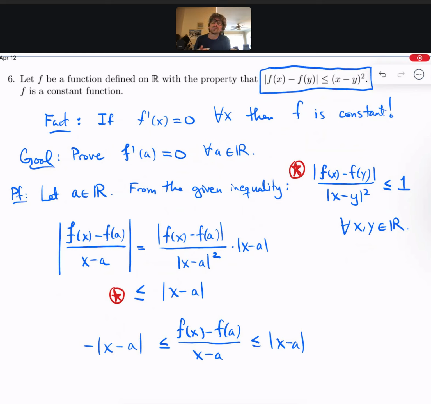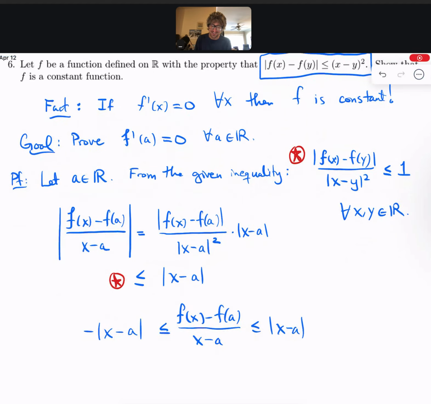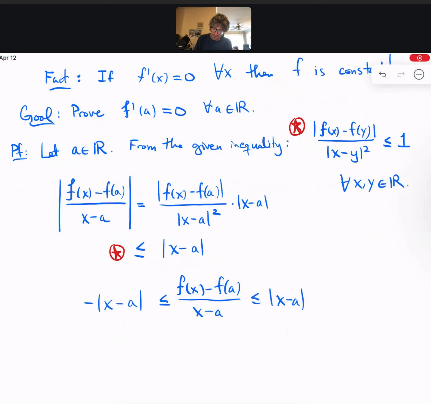So we have this fraction squeezed between two values. And if you've noticed, I use the word squeeze. That's not a coincidence, because now by the squeeze theorem,